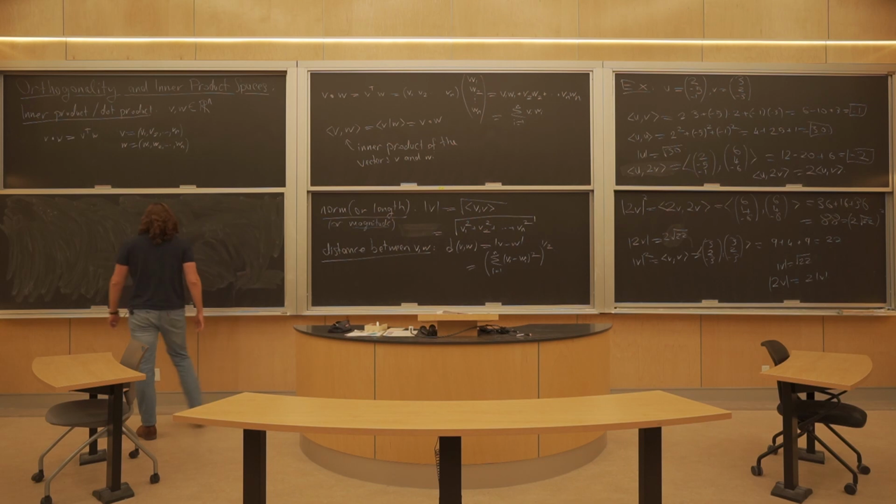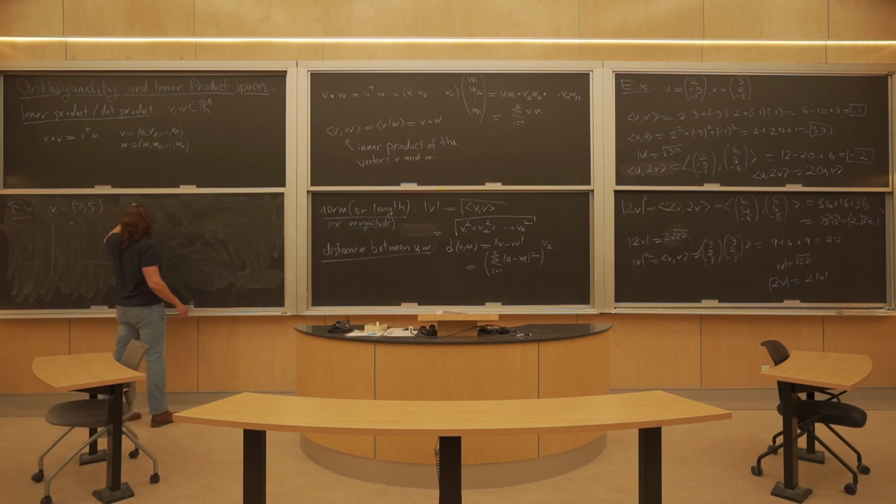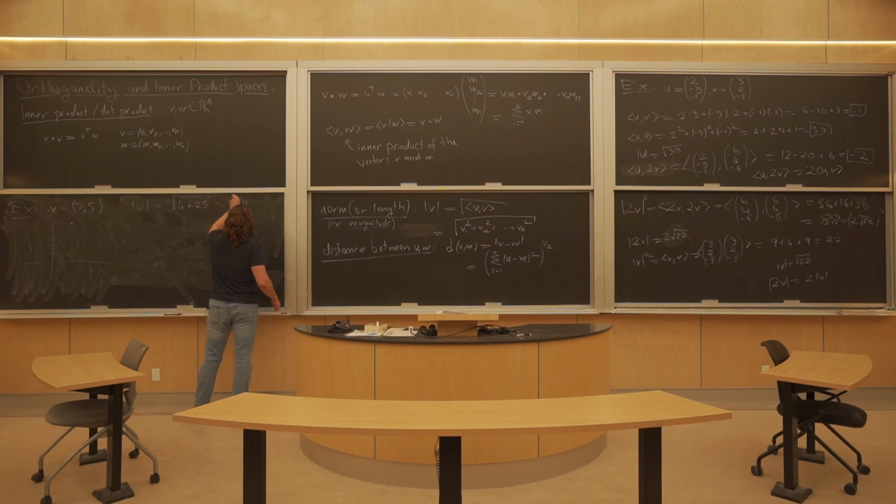So let's do it in 2 dimensions, for instance. If I were to look at v, which is (2, 5), for instance, this is a vector in 2 dimensions. 1, 2, 1, 2, 3, 4, 5. So it's somewhere here. Its norm is 4 plus 25 in square root, which is root 29,